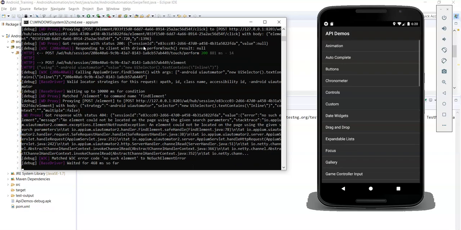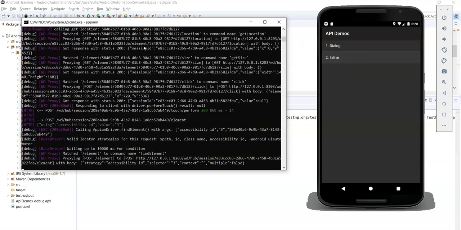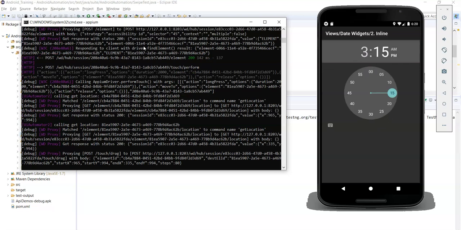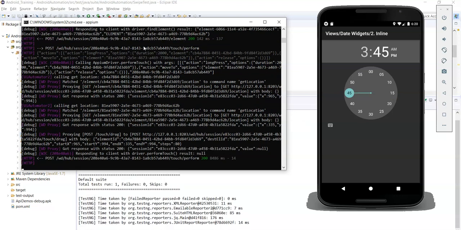You can see tapped on 3 and then moving from 15 to 45. Yes, successfully swiped from 15 to 45. So in this way you can perform swipe action. Okay, thank you.